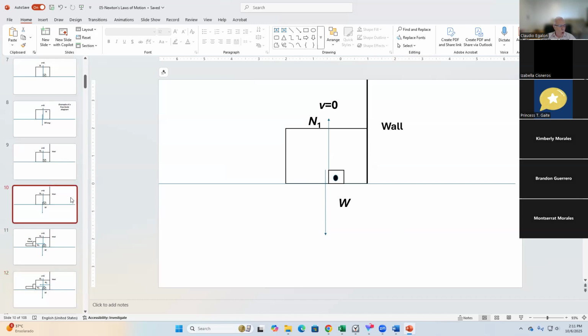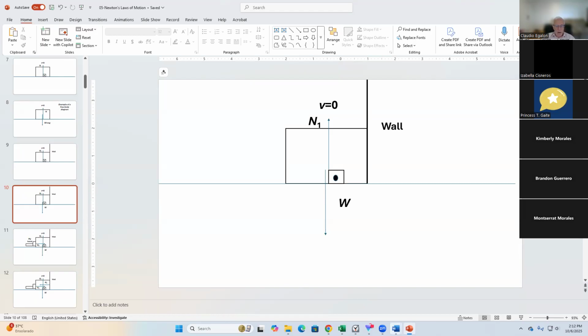If there is no force applied from the left to the right on this object, the wall will not exert any force whatsoever. There will be a contact, yes, but there will be no contact force. You may have a contact there with the wall, but the contact force is going to be 0.